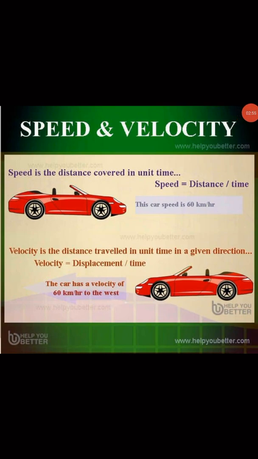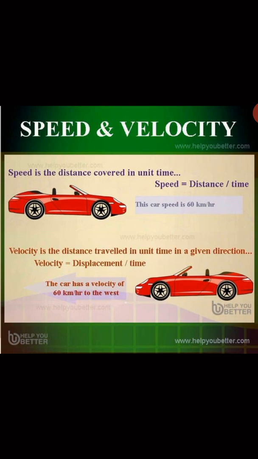Let's see the difference between their definitions. So speed is the distance covered in unit time. You can also define it as per unit time. So here per unit or unit means divide. So the formula for speed is distance divided by time. Now what is velocity? So speed is related to the distance